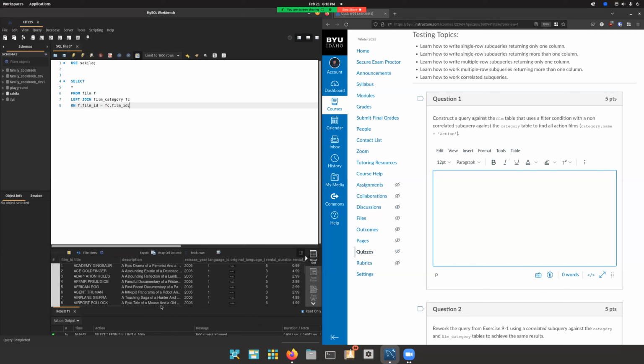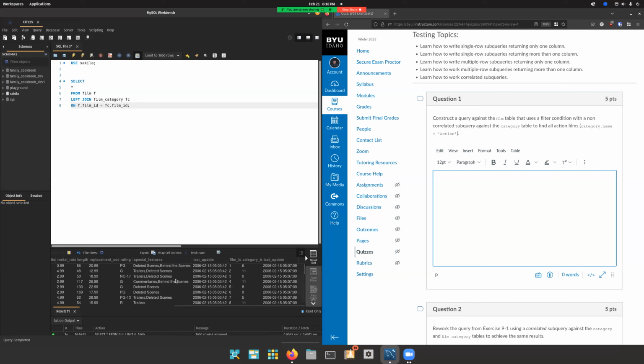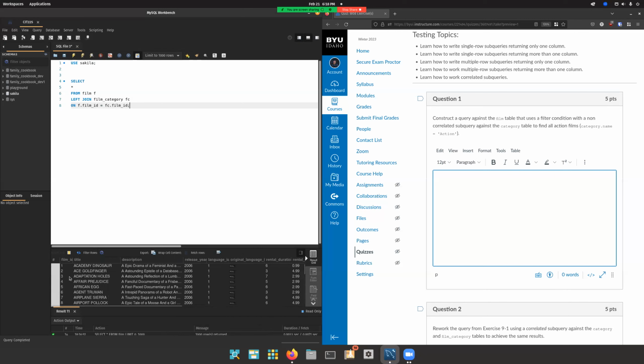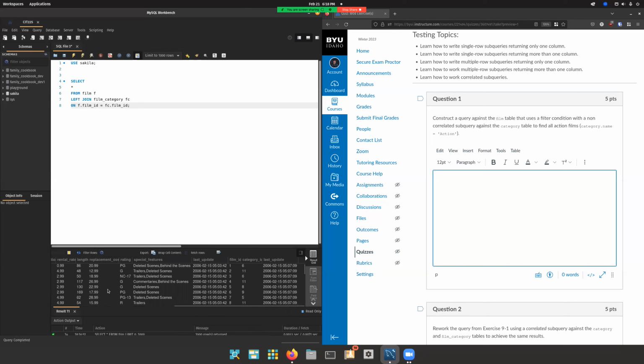So we're going to start off with the join here, and basically we're going to get all the categories that's in a film. Now, the interesting thing is it's possible for a film to be in more than one category. So keep that in mind. You may see one more than once right now with this join. But when we filter it down, it shouldn't be, because a film shouldn't be in action more than once. So now that we have this joined up with the category information, now we can do our last little piece here. So it says